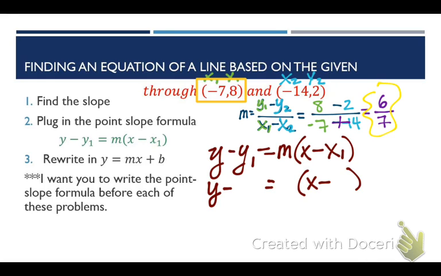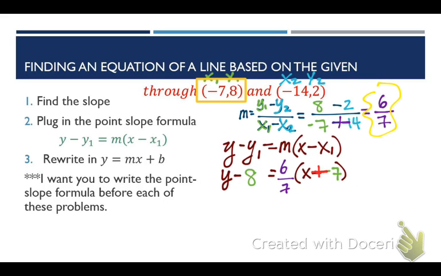What is the y of that coordinate? 8. What did we find to be our slope? 6 over 7. And then what is the x of that coordinate? Negative 7. We got that negative of a negative, which will make that positive. So what do we do next? Distribute. So we got y minus 8 equals